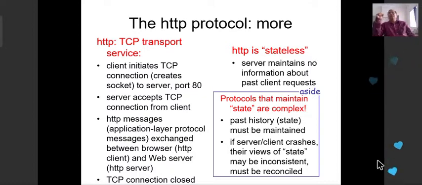I told you, when I am sending you a letter, I must know your address. Similarly, when my browser is sending a request to the so-called Google server, that is, to the application server process of that machine, it must know a few things. What are those? It must know where that machine is located exactly.